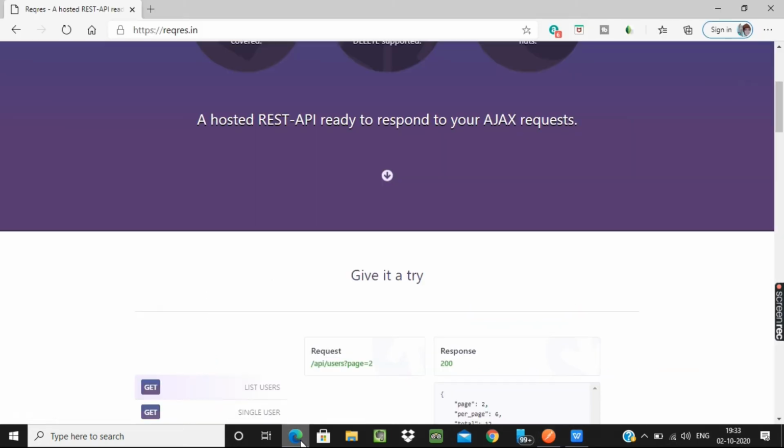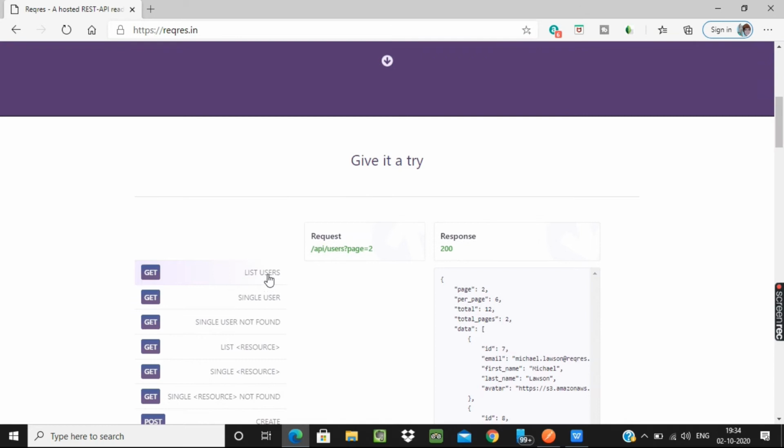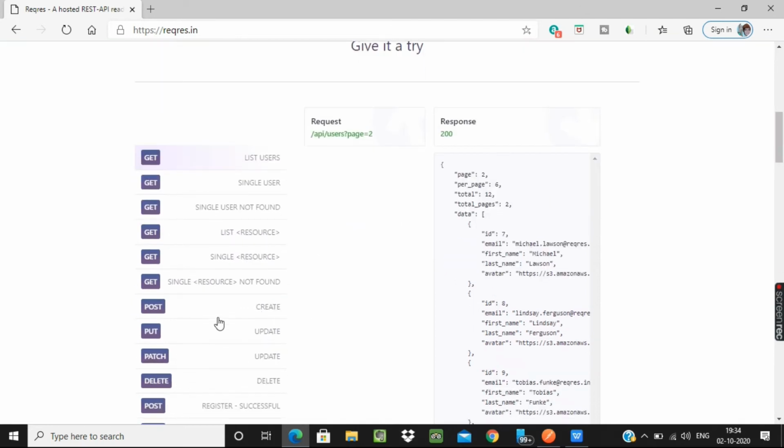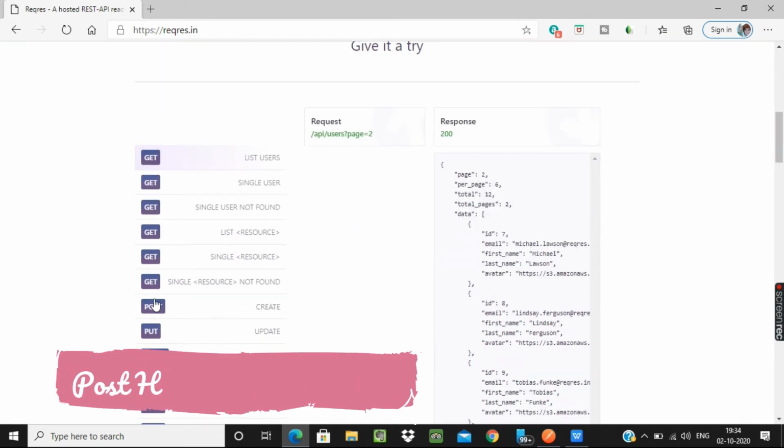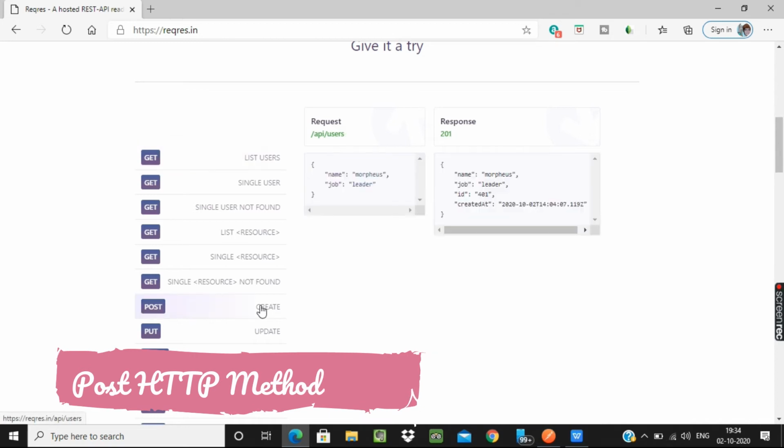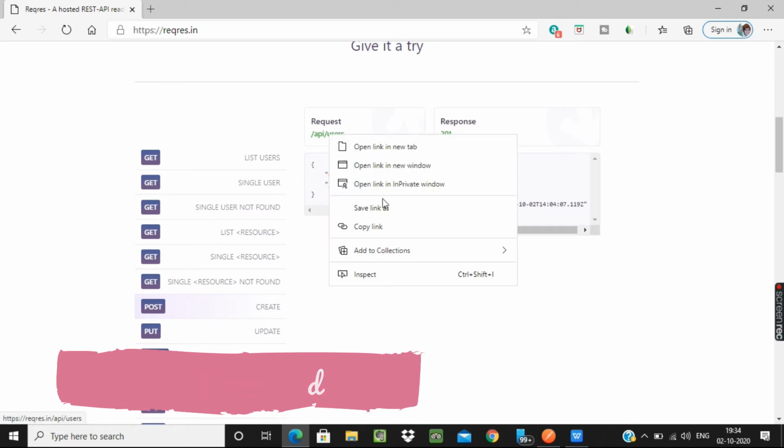Now let us take a look at another type of method, that is POST. Okay, so POST create. POST is basically, as I said, used for adding some new values. So let's copy the URL.